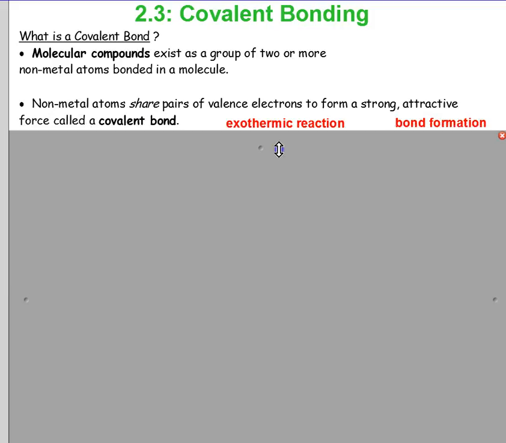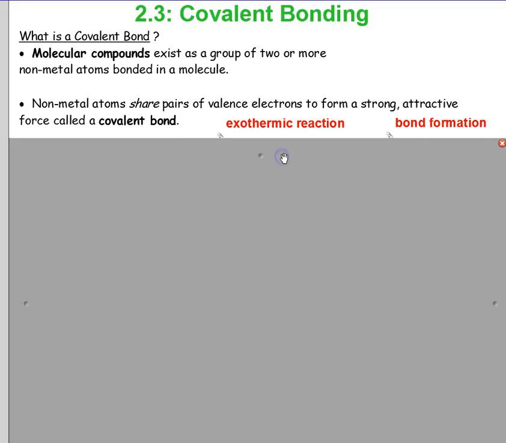Now the nature of the bond is different as well from ionic, whereas we had transfer of electrons from metal to non-metal atoms. In covalent bonding we have a sharing of electron pairs, which forms a strong attractive force called a covalent bond. And keeping in mind, both atoms are typically trying to achieve a stable octet,